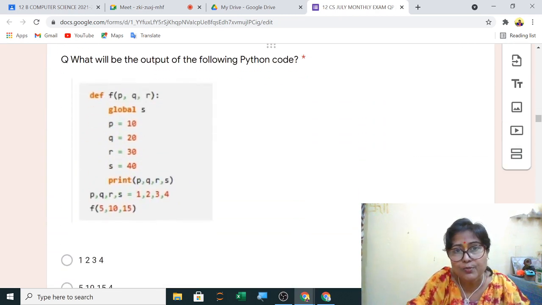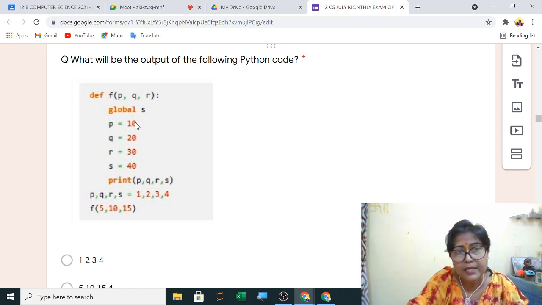Next, what will be the output of the following code? Here, first P, Q, R, S is 1, 2, 3, 4. We are calling F with 5, 10, 15. So P will be 5, then Q will be 10 and S will be 15.